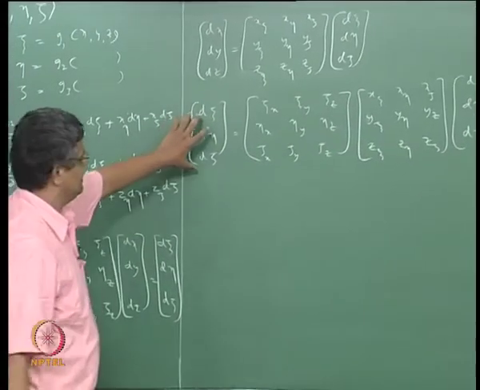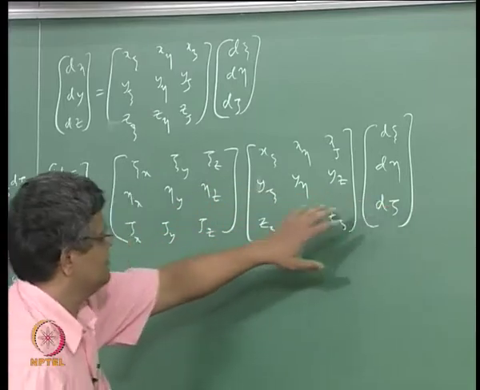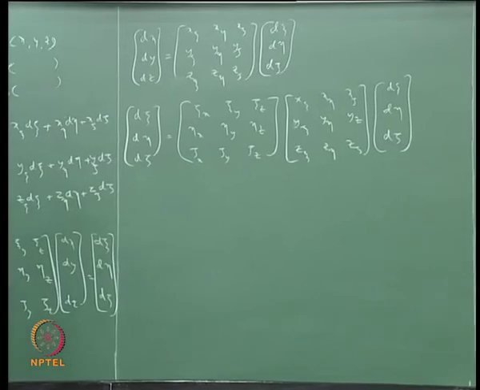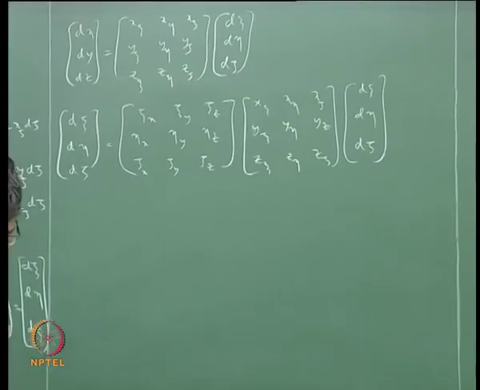So from this we have this here and this here. Obviously the multiplication of these two is the identity matrix, and therefore we can write